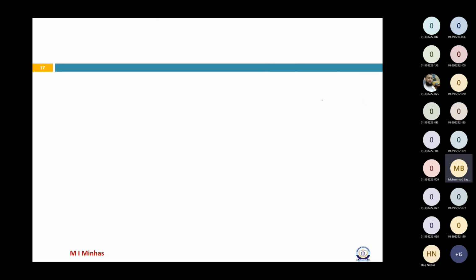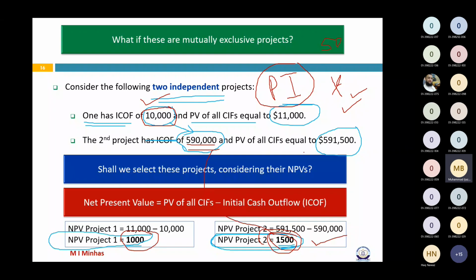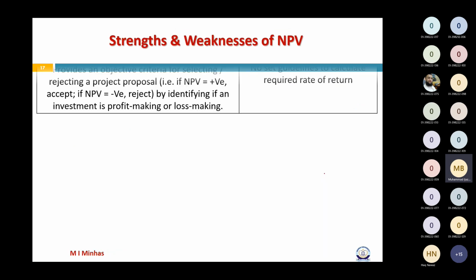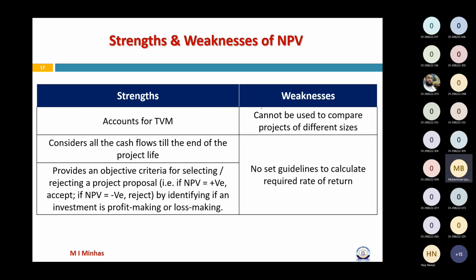In case of independent projects, obviously I can select both of these, but in case of mutually exclusive projects, if I have to choose only one, then it is a big question mark whether I should use NPV in this scenario. Because if I use NPV, then NPV is telling me to choose the second one, but obviously this would be a disaster for me. So leaving this point here, now I'm moving on to another slide that talks about the strengths and weaknesses